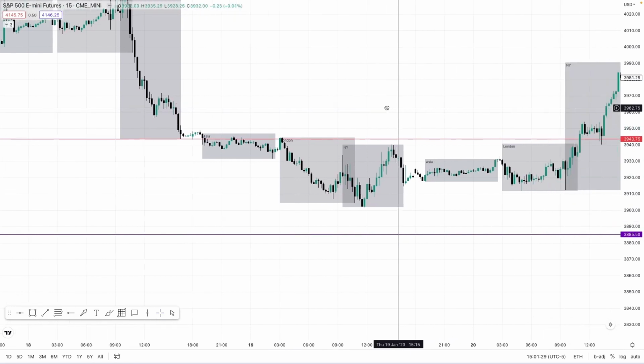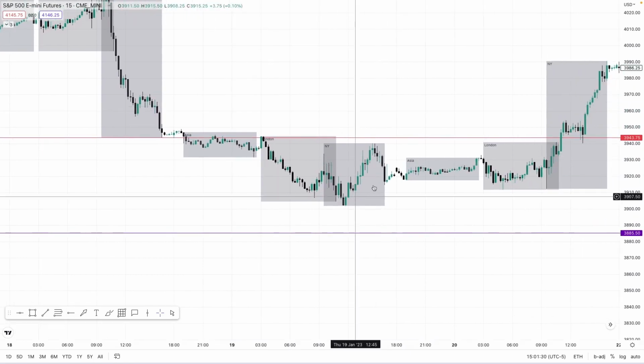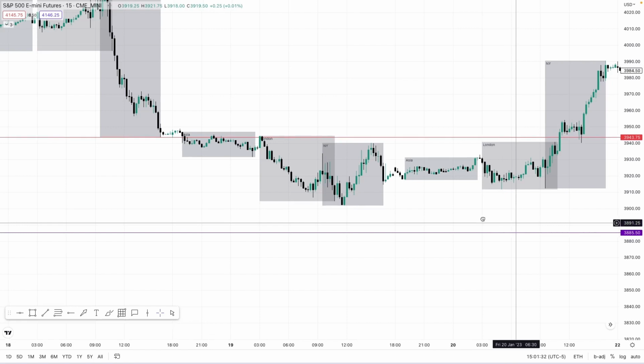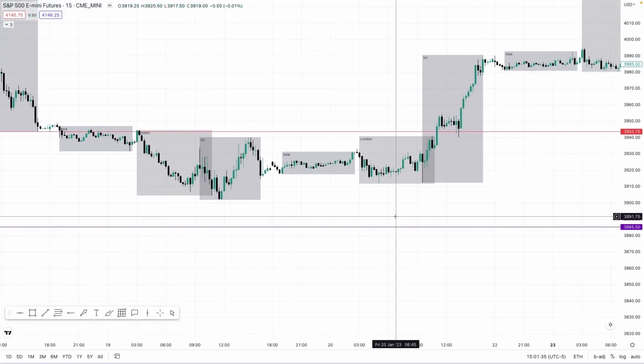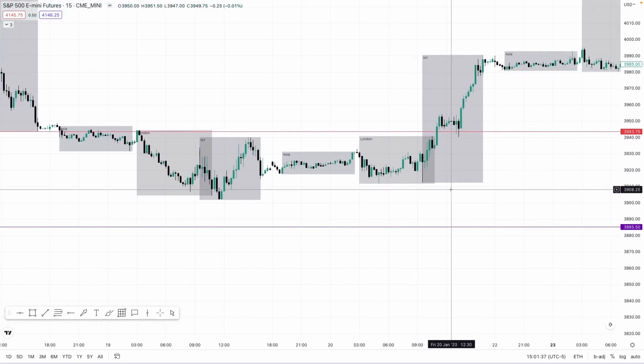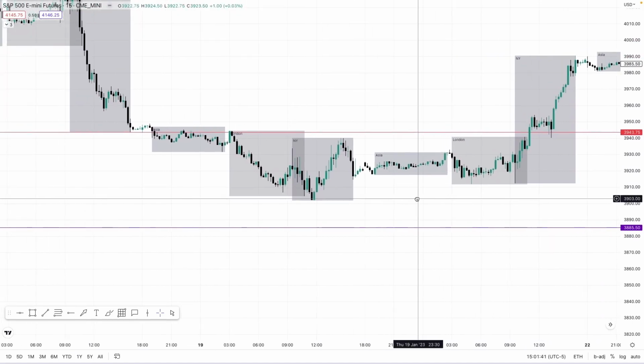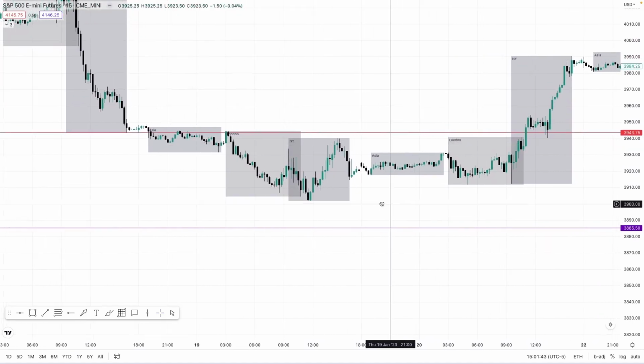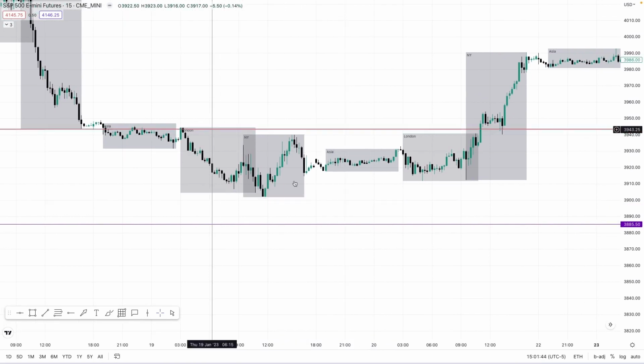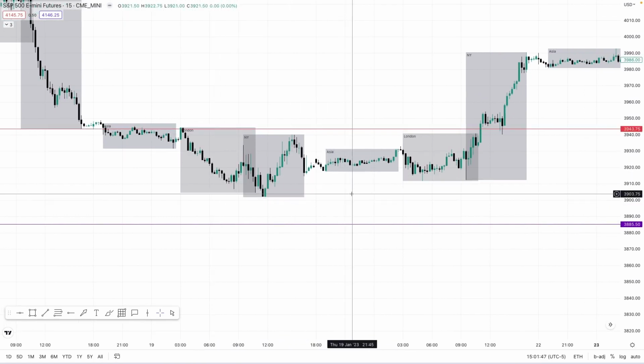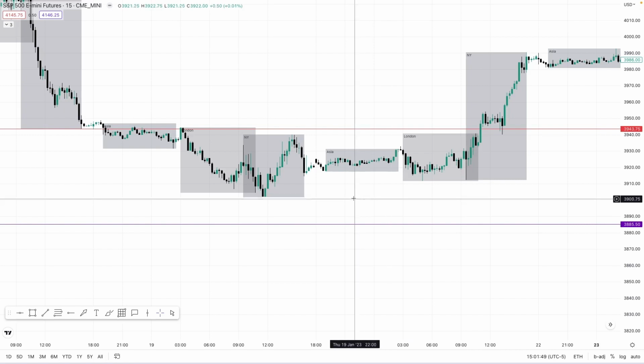Okay, so now we're back below equilibrium. Price hangs out in discount, and then it's going to take us up into premium again. Okay, so now that I know that price has gone below equilibrium into discount,